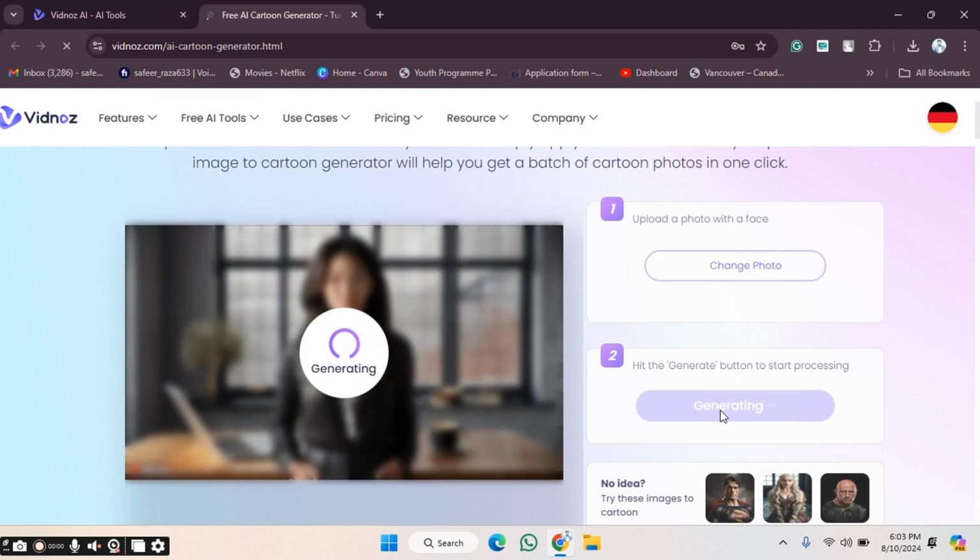So now we have to click on the generate, and after clicking on the generate, you will be able to see the result in a few seconds. So we have to wait for a few seconds. So in this way, you can generate your cartoonish image on the Vidnoz AI